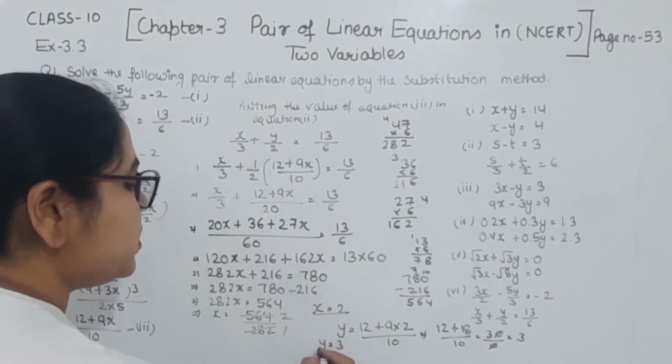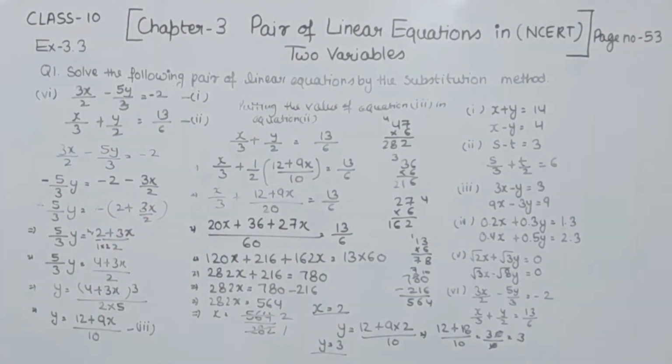Value of x we are having is 2, and the value of y we are having as equal to 3. So this one we are having is the last part, part 6. With this one we have completed the question number 1. In the next video we are going to start with the question number